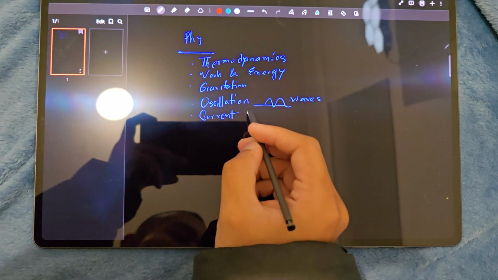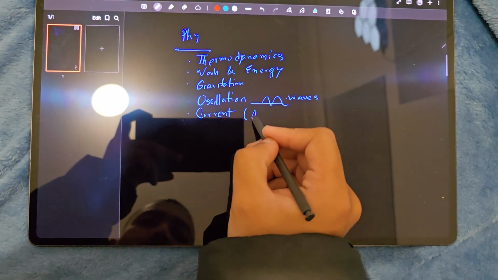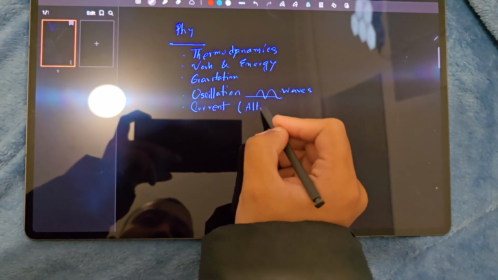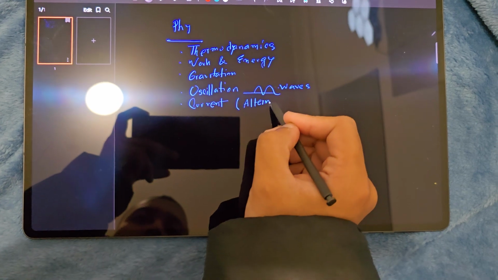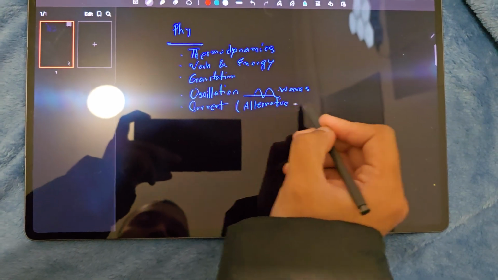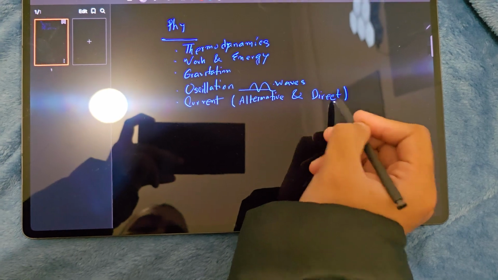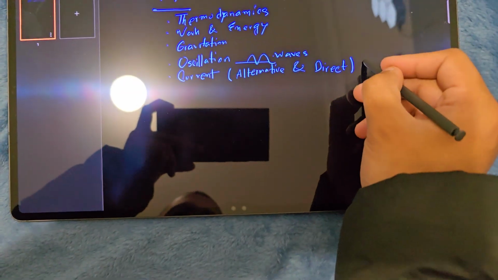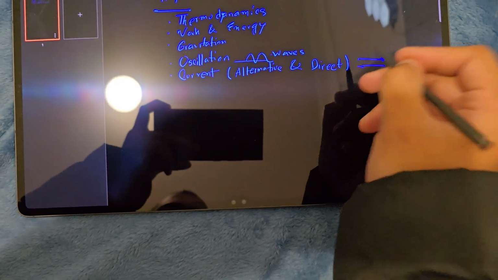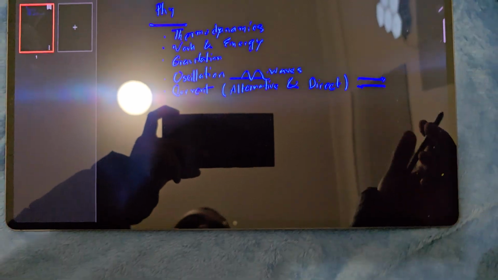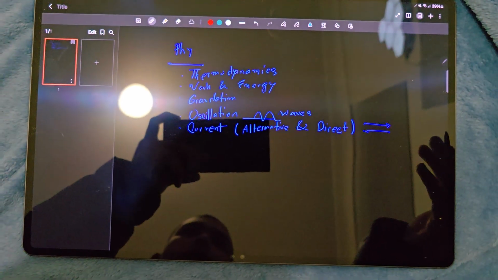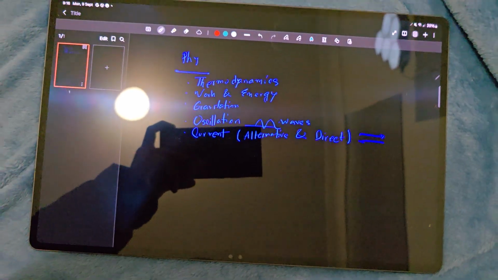Current, mostly alternating and direct, plays a very vital role in our life because we have to transfer the electricity from one location to another, and from there it supplies all the homes. And